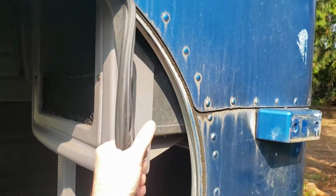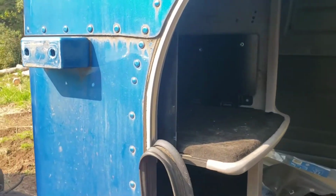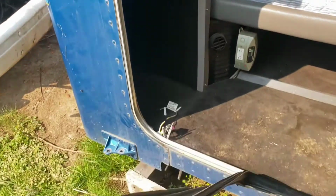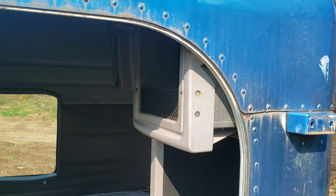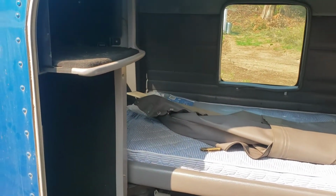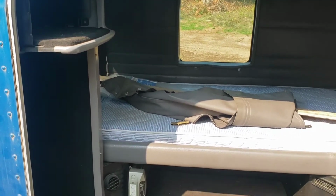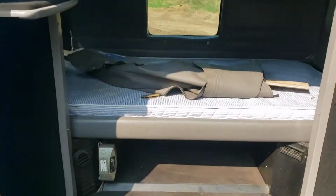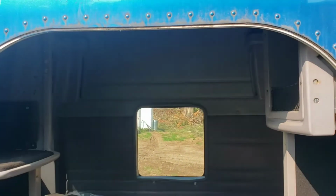So this stuff actually just pulls right out real easy. So as you see, now I'll have a lot nicer place to figure out my wall and my door that I'm gonna add to this. So there's one improvement, one step along the way. Well, I'm thinking I'm gonna run some 2x4s from the bottom all the way to the top, a couple of them, boom, boom, for my door